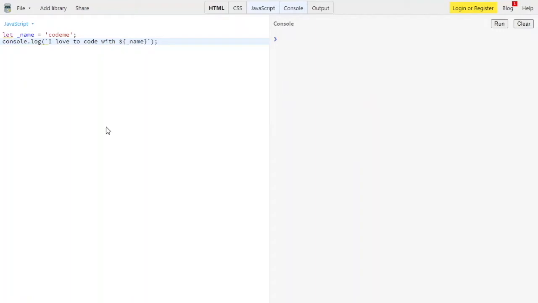Let me clear the console and try to run it using control enter. As you can see, it gives me the value "I love to code with code me" without the help of the plus operator or any other operator over here. So that's the use of string interpolation.